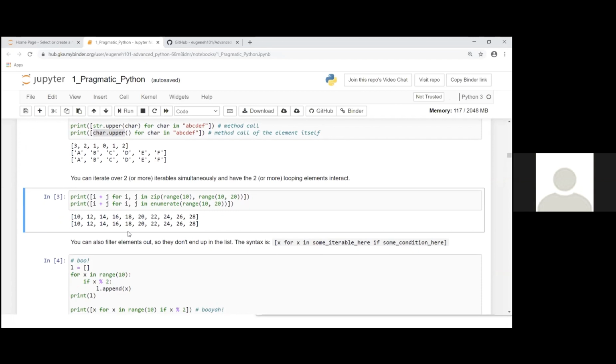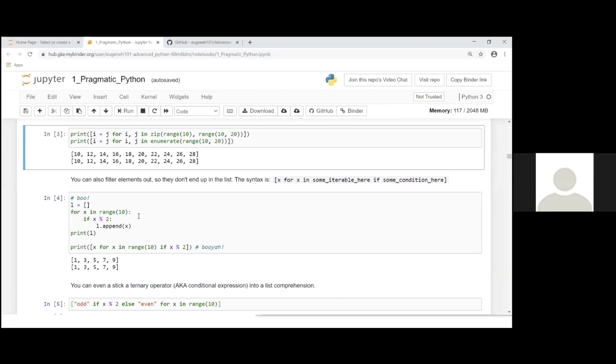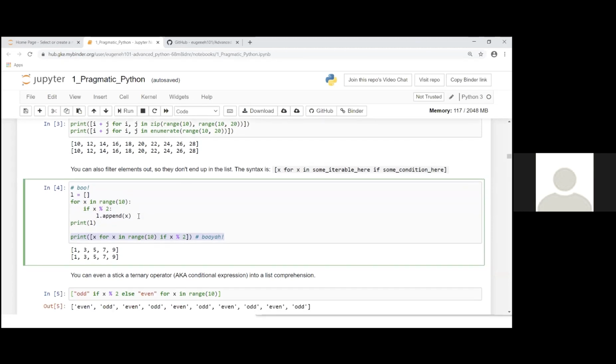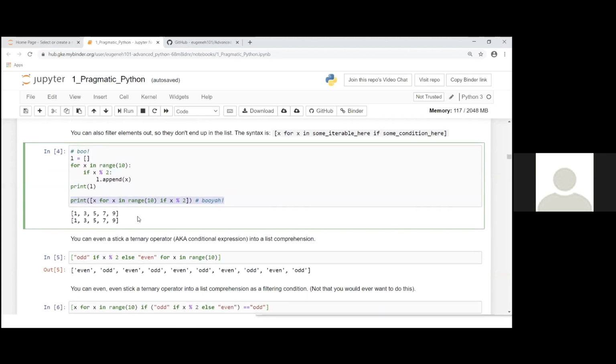And like previously, if you want to zip over multiple elements or enumerate over an iterable, that's possible with list comprehension. List comprehension can also do filtering syntax. Here I just want to get the odd numbers. So instead of these 4 lines, I could just simplify that with 1 line. So list comprehensions can emulate map and filter simultaneously.